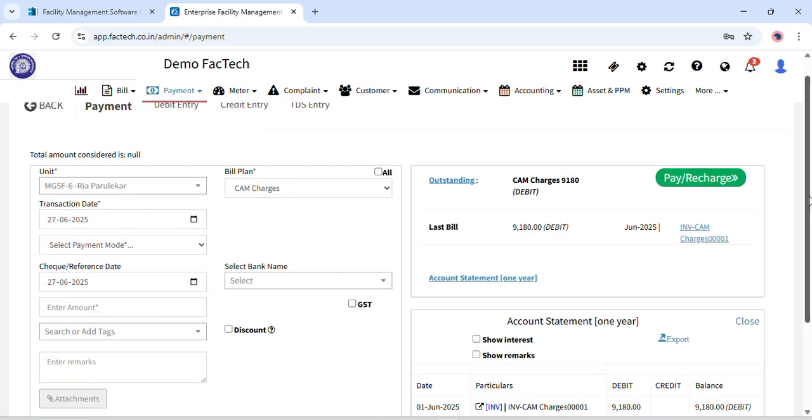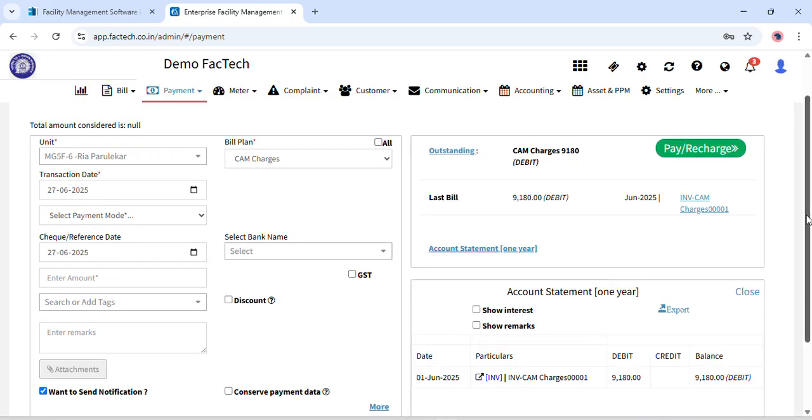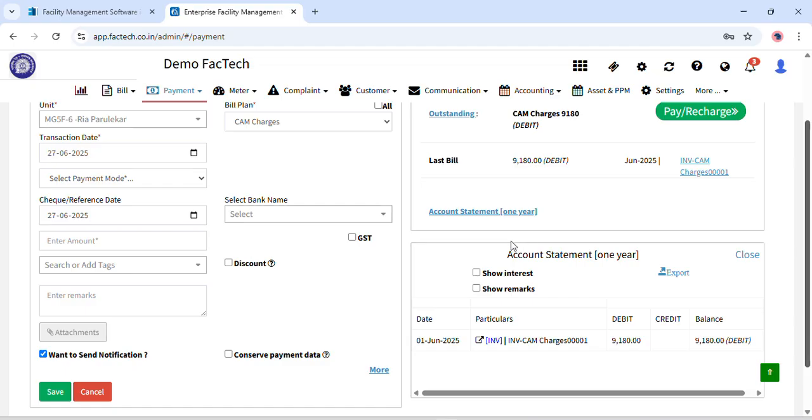So once I select the unit, I'll be able to see its historical records. Over here I can see that the last bill was generated on so and so date under so and so bill plan and for the amount given here. I can also go here, see the account statement for a year,